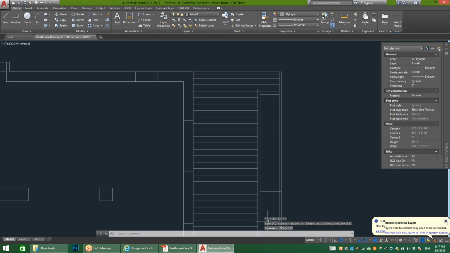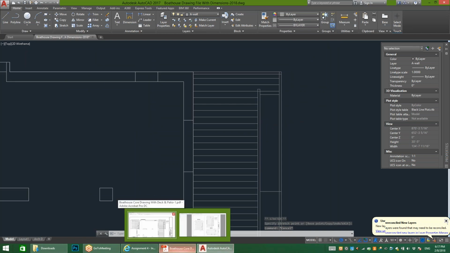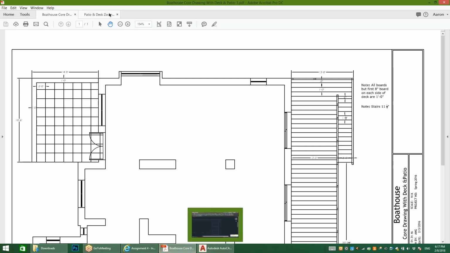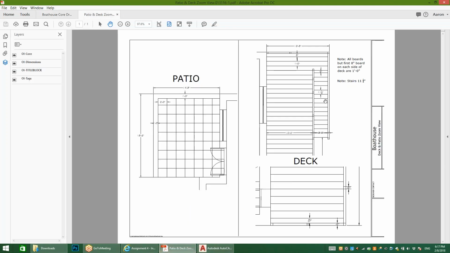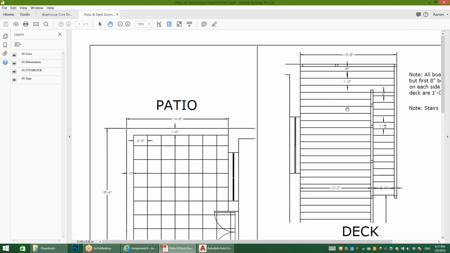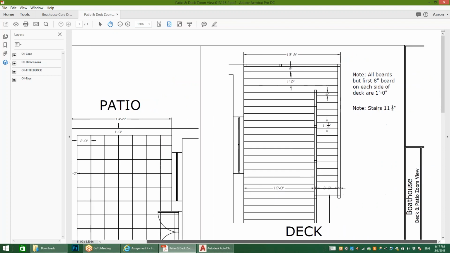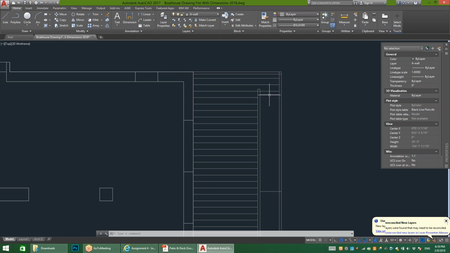Now I can figure out all these stairs. So if I go back to my guy, and let's see our zoomed in one. We haven't looked at him in a while. So it says 11 inches and a quarter. 11 foot would be like death to us. We'd be way off the screen. So every board on that stair is not a foot. It's 11 and 1/4. So offsetting the 6, 11 and a quarter, all the way down to that 35 foot something and something. So if I come in and I grab this line, really offset it,